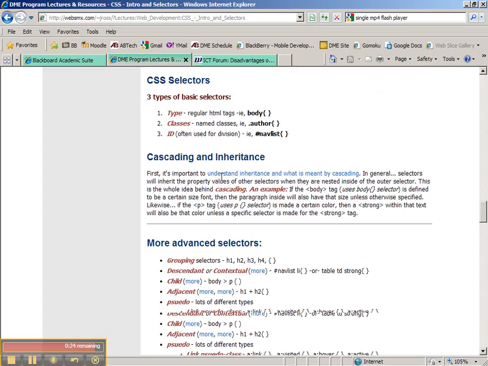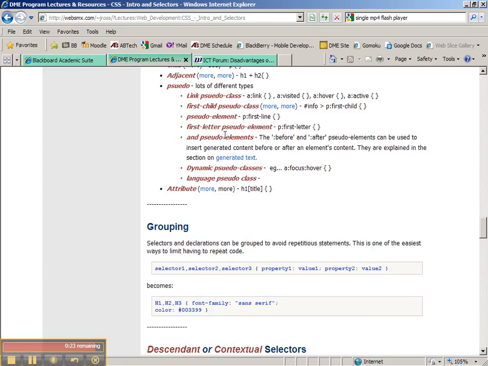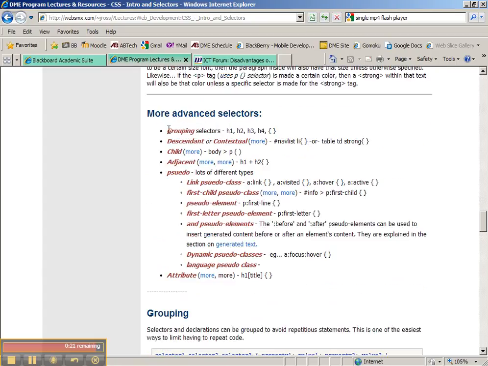Now we'll also be playing around with different types of selectors. Some of the selectors that we'll deal with are grouping selectors, descendant or contextual selectors, and then we also might do pseudo classes for our links and hovers. But we'll talk about that more in the future as we do the